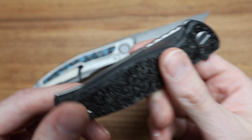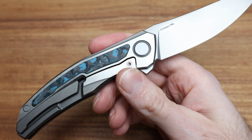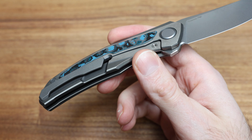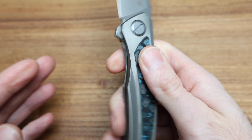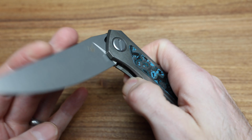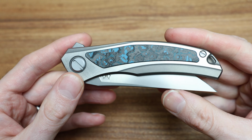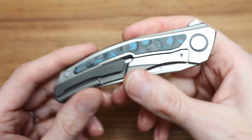Super cool knife. When I have knives for the videos, I tend to use my own. I don't always have the knives that are on the site within arm's reach. So when I'm showing my own collection, sometimes it's like, oh, I wish I had this knife, because I know that it has that, etc. And they're in a box on a shelf, so I can't just grab it super quick. But